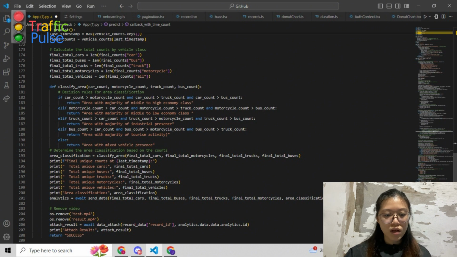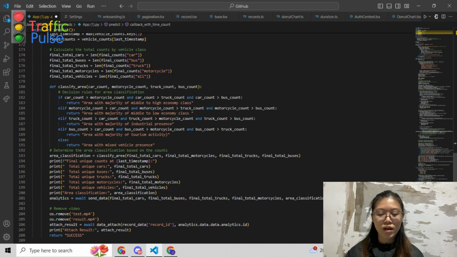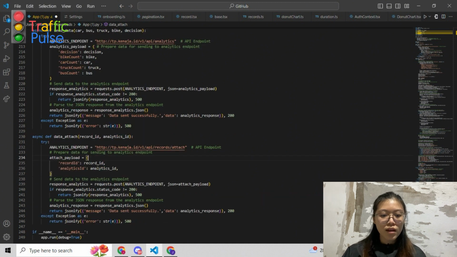And I type os.remove because after sending the data, it will remove the temporary files to help manage resources, so the environment is still clean. After removing the video files and attaching the record, it returns success to indicate that the process was completed successfully. And this async def send data is used to prepare data for sending to the analytics API endpoint,